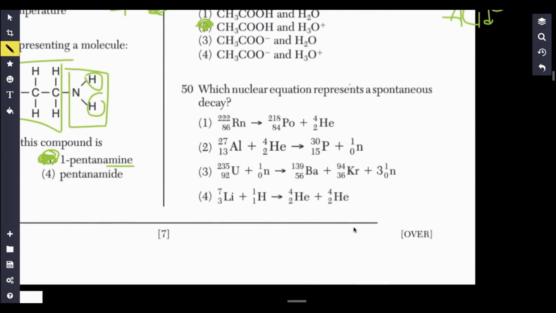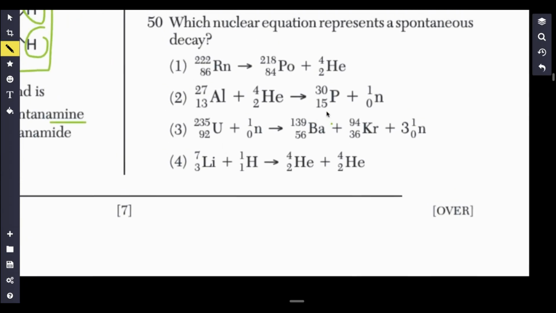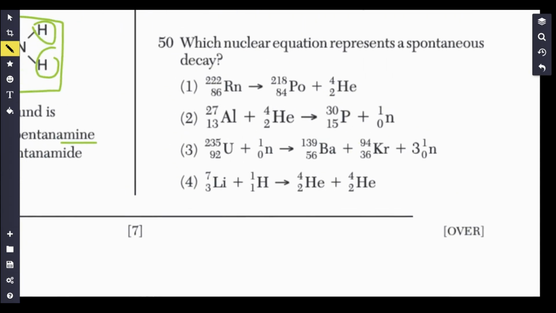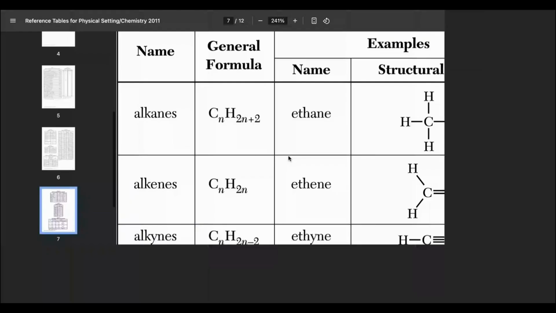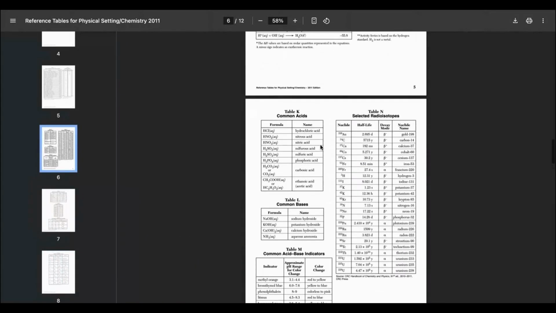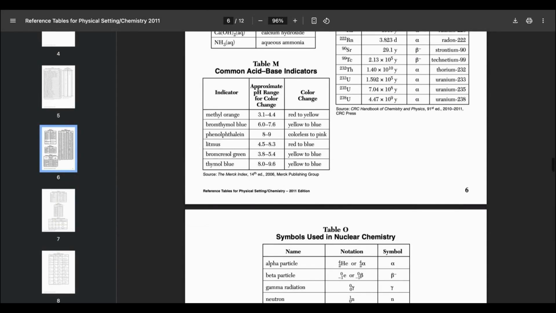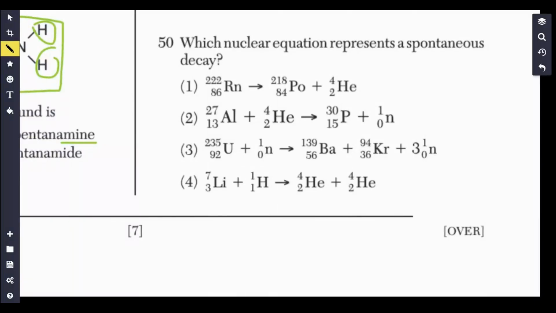All right. Which reaction represents a spontaneous decay? This should be... Is this on? No, it's not on. All right. Spontaneous decay. All right, but basically, elements